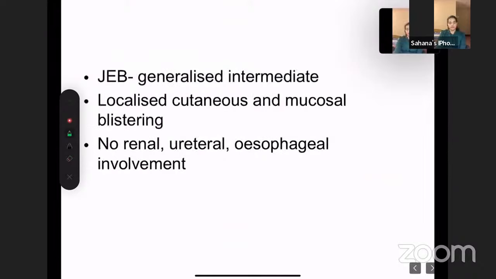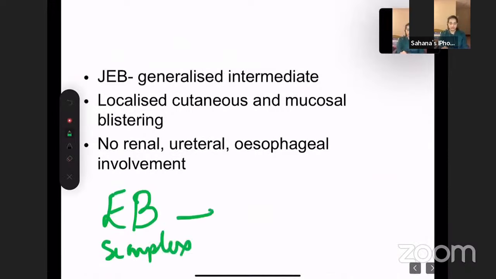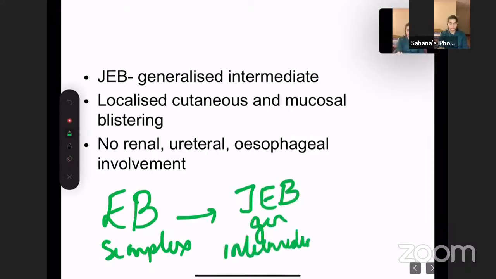Okay, so the other one which I told you about, generalized intermediate, usually has localized cutaneous and mucosal blistering. It is not as severe as the Hurlitz form, but it is more severe than EB simplex. So I hope you understood that. So EB simplex was the most non-severe form. So more severe than this is junctional EB, generalized intermediate, and the most severe was Hurlitz's or junctional EB,